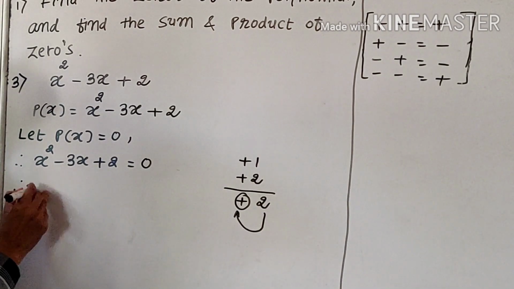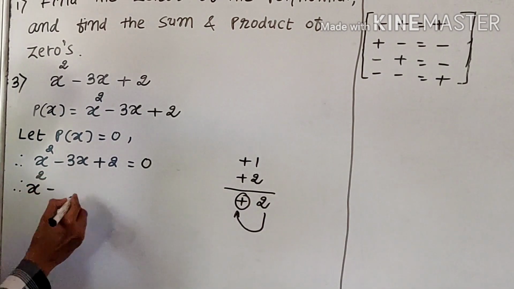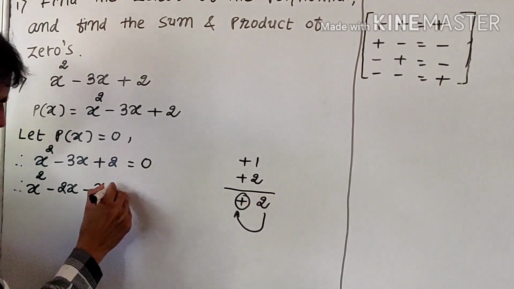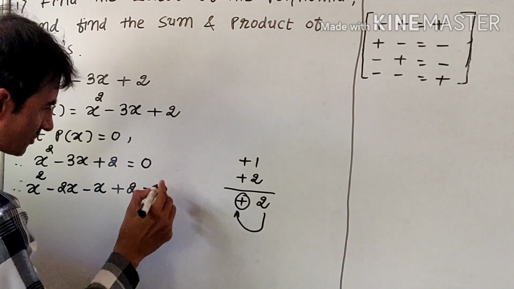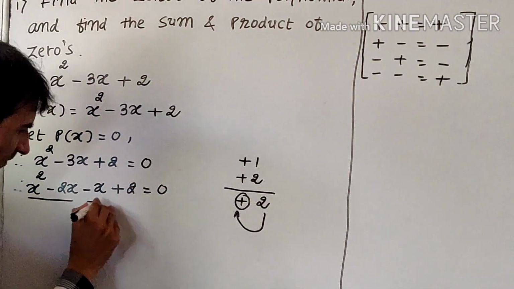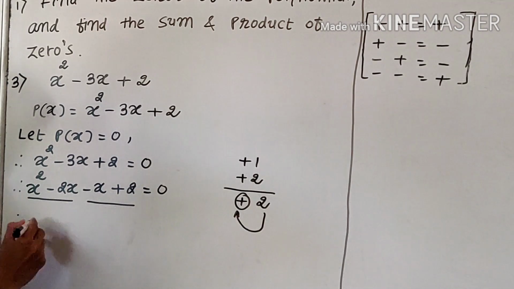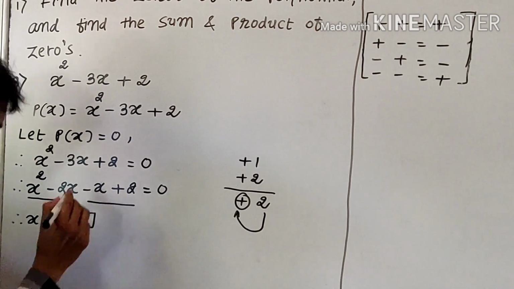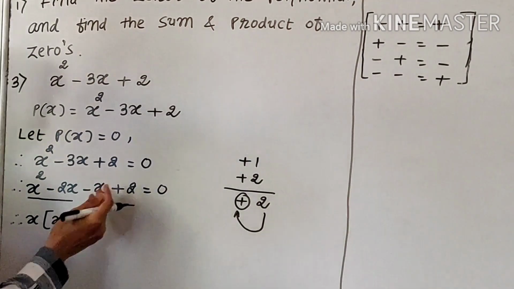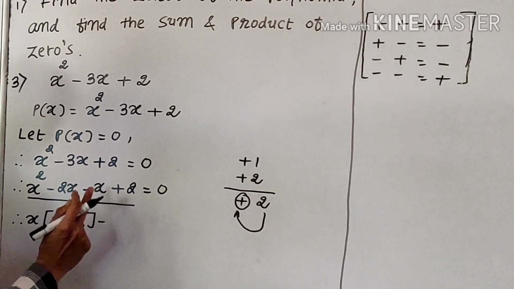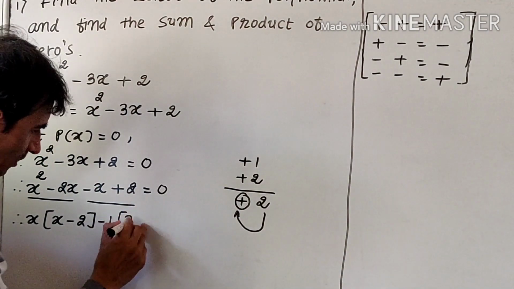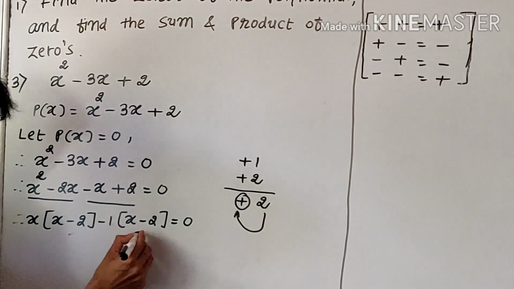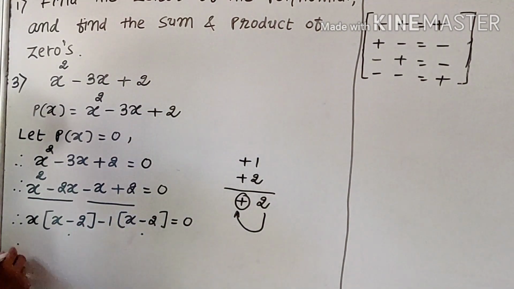Therefore, the first term has no change at all. Here we can go for the partition minus 2x and minus x, and the last term has no change at all, is equal to 0. Now here I want to go for the partition. In the first two parts I can take x as a common factor, so the remaining thing is x minus 2. Here be careful, the minus sign and nothing is common, that means I must take the 1 as a common factor. Now the sign will be changed and that is x minus 2. Now here both the terms are the same, that means we are on the right track.